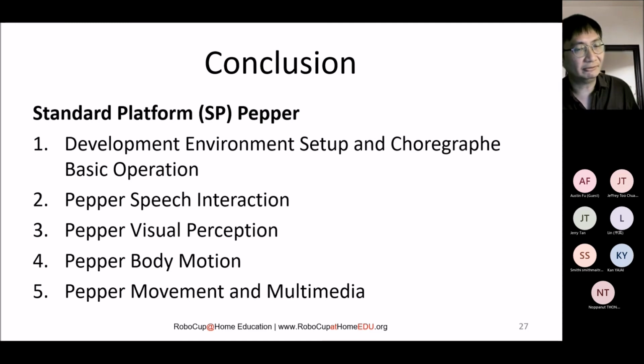So we cover from the very basics, like how to install and how to set up, and then we learn the first very important function in the second week, which is the speech interaction. In the speech interaction, we can make Pepper say something, and also hear something, and we can design how Pepper responds to certain questions and try to hold a conversation. You can design the conversation to be very deep and with some context. So if you write a lot of Q&A database, Pepper can hold quite a long conversation with your